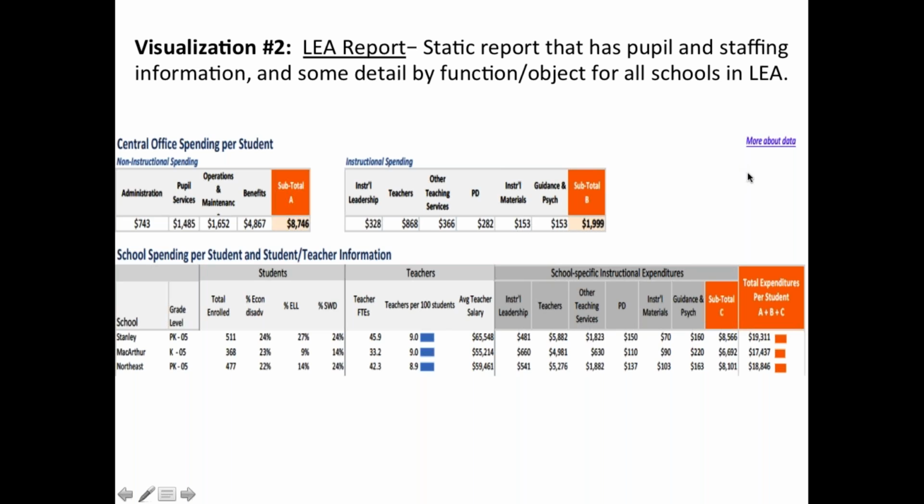I've got another question from Jamie. What state provided this report? I am not going to say, but someone's on the call. If they want to chime in, they're welcome to own it if they'd like to. But I think we'll protect the privacy because it's not out yet. I mean, I can say this is Rob O'Donnell from Massachusetts. This is our kind of mock-up school level report. And the more about the data link, you're right, just goes to descriptions of the data sourcing and how the calculations are done. Thanks, Rob.